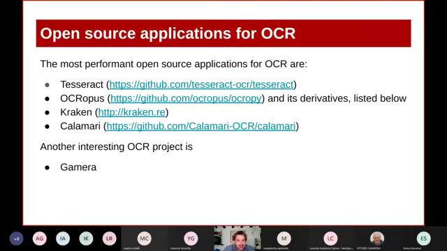And another interesting OCR project is Gamera, but now it isn't so updated. Okay, we used Tesseract and Gamera at the Perseus project